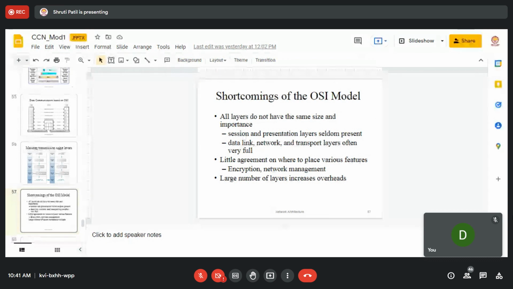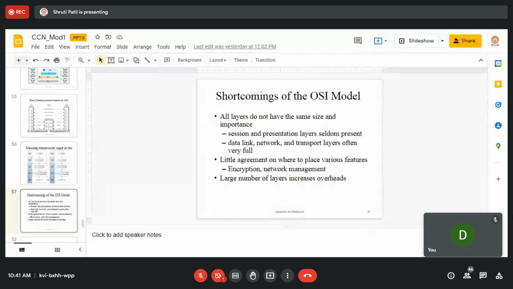So they don't have the same size and importance. Wherever you want to put encryption or network management, where to actually place it in this OSI model is complex.